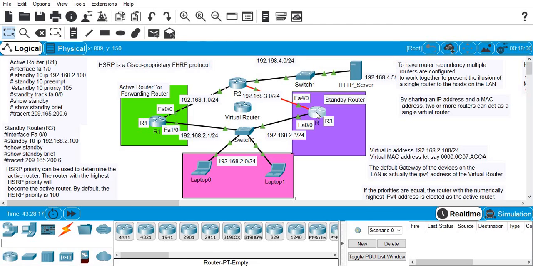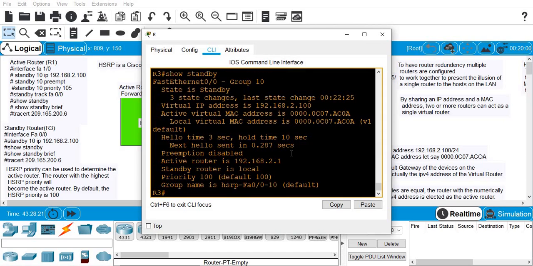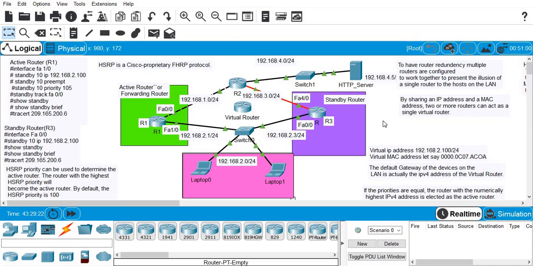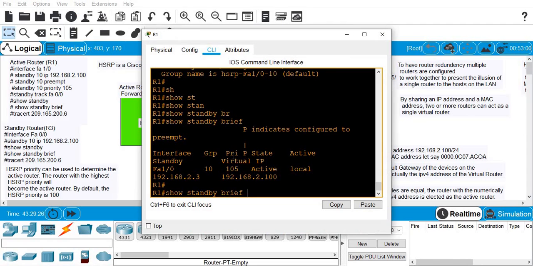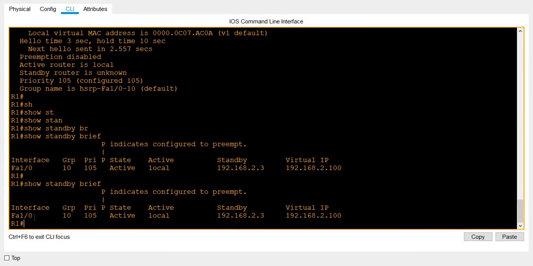To verify this, you can use the command show standby, and you can see here that R3 is acting as a standby, and the priority is 100, which is the default. Moreover, you can also use the command show standby brief. So let us use this command, show standby brief, and it says that the interface is FA1/0